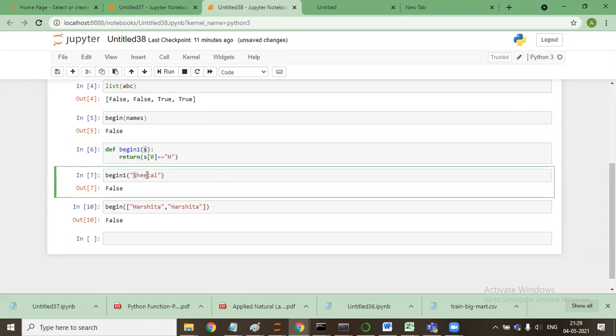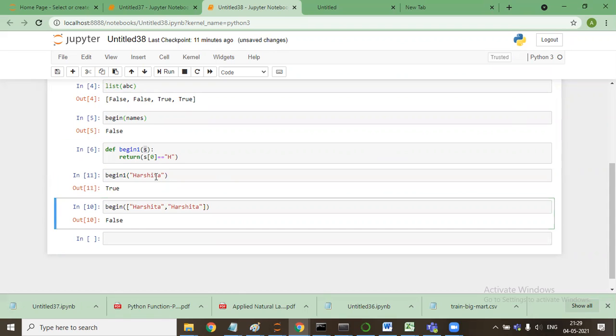If I pass Harshita here, it will say true, because it has the capability to work on a single element. It is taking the entire Harshita as s, and s[0], the first character of this string, is H, so it is saying true, else it is saying false.